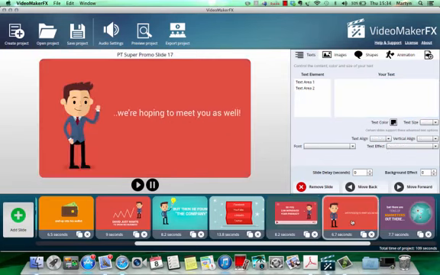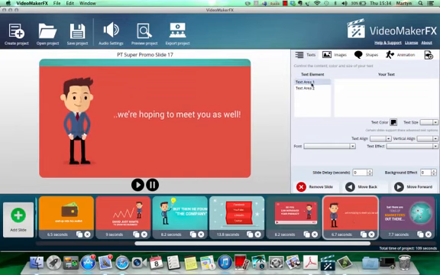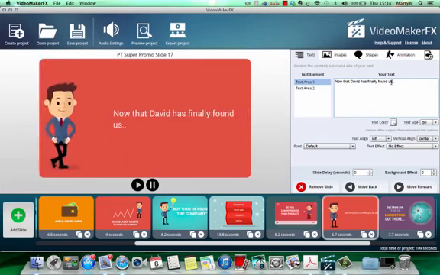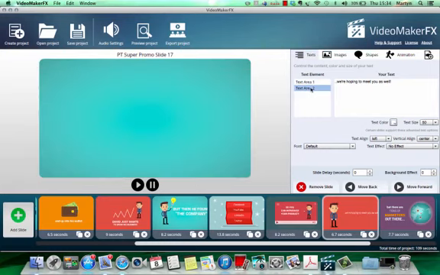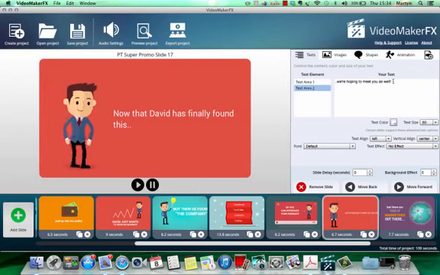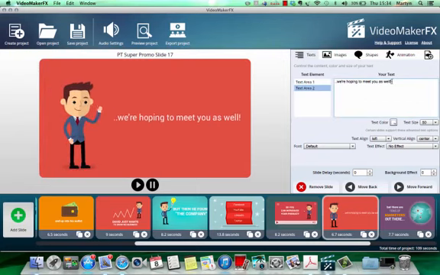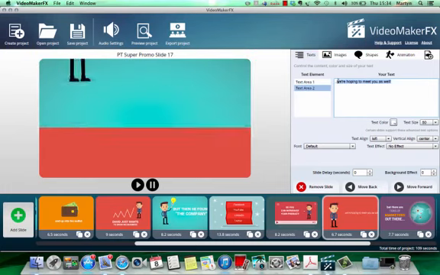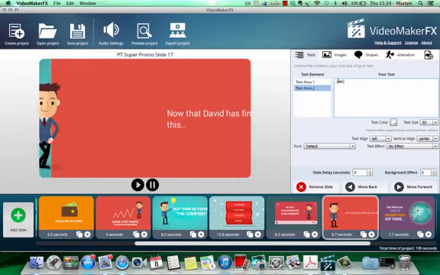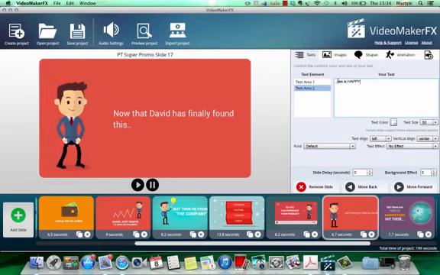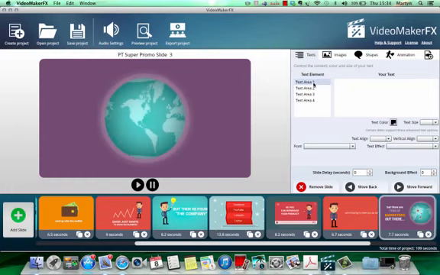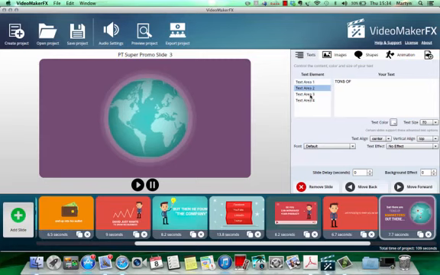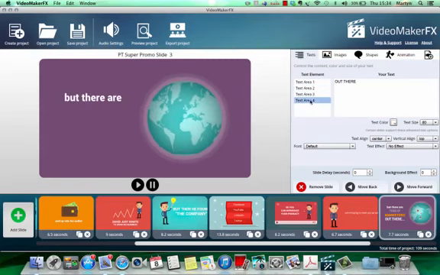Okay, now that David has finally found this, David's finally found this. He is happy. Okay. Text area. What can we do here? But there are tons of marketers out there. So